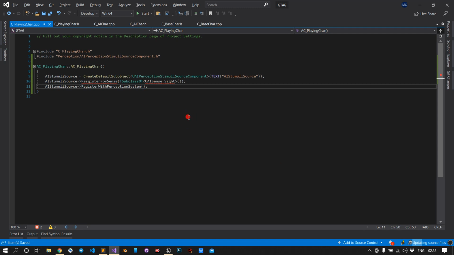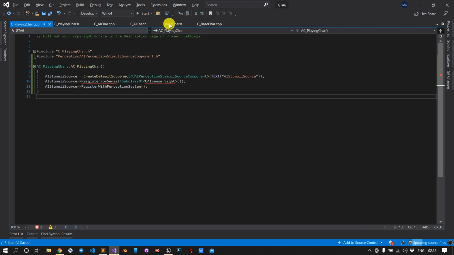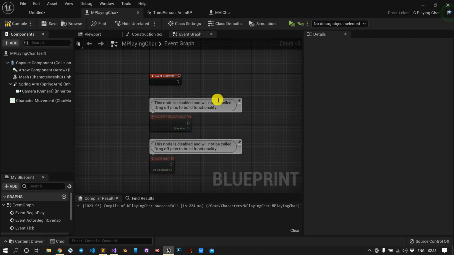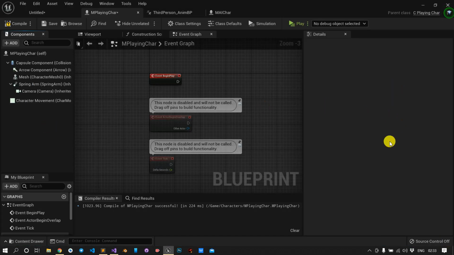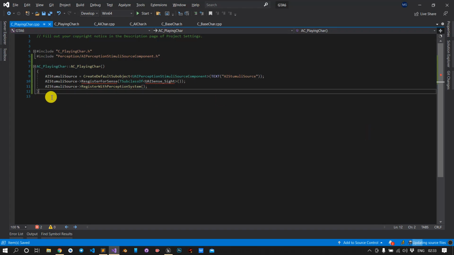Okay, so we are done with the playing character, and you might have a doubt. Previously when I included the component, it was asking for an array, so we can add multiple senses, but we have not included an array here.